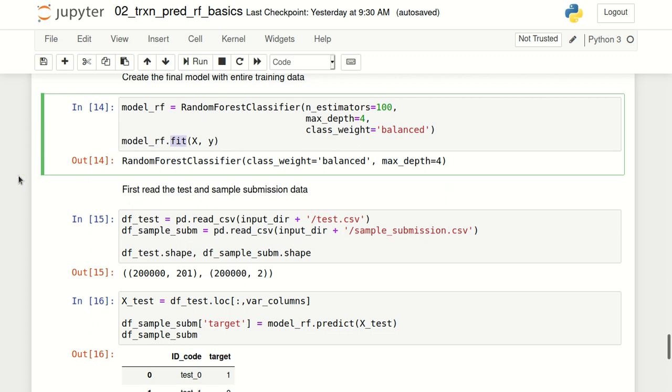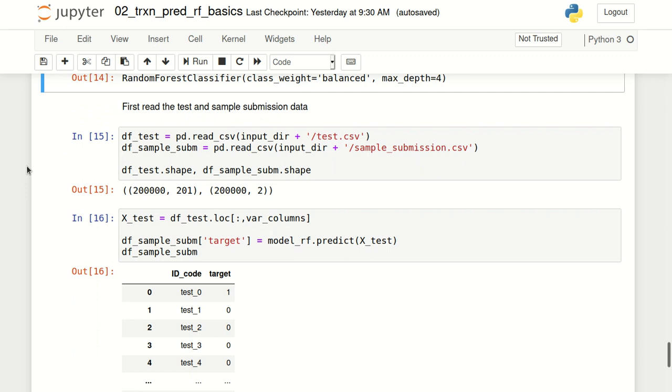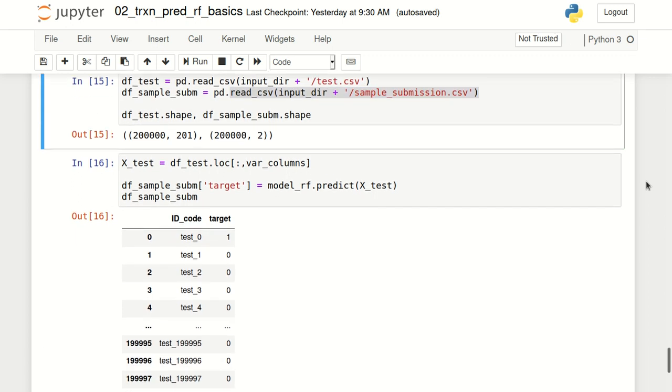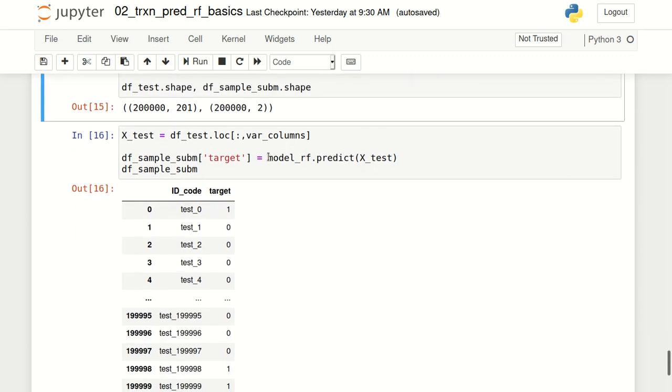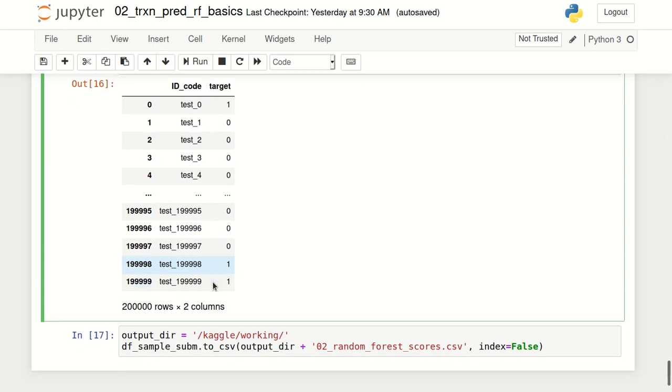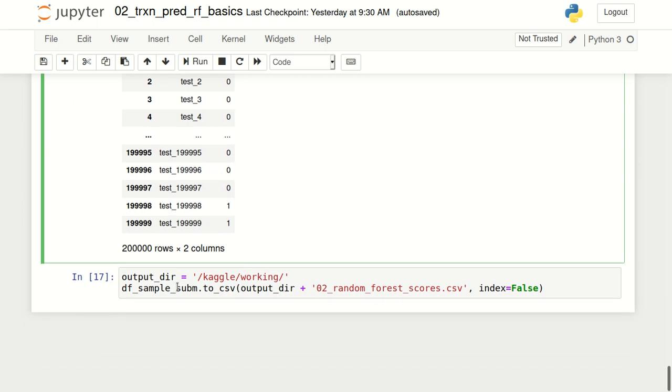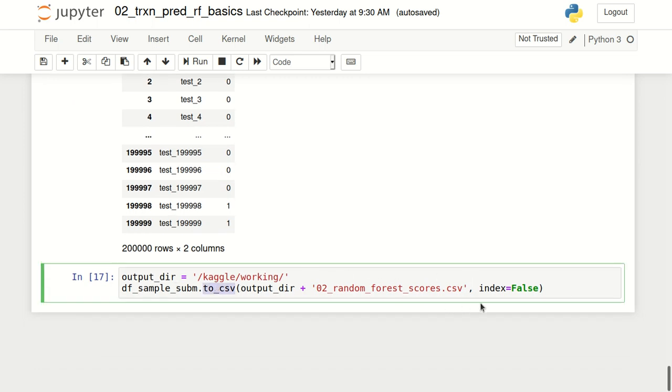And now this final model that I have can be used to predict the actual class labels for the test data. So first, let's read the test data from test.csv using the pandas read CSV function. We are also reading the sample submission CSV, which we can then modify to submit our data to Kaggle. Then essentially what we are doing is calling the predict function, passing on the test data's X variables, and we are getting the predictions for the target. So you can see some of these are 1, some are 0, and this is the final prediction that we have. We can export it to a CSV, which we can then upload on Kaggle's website and see what the performance is on our test data.